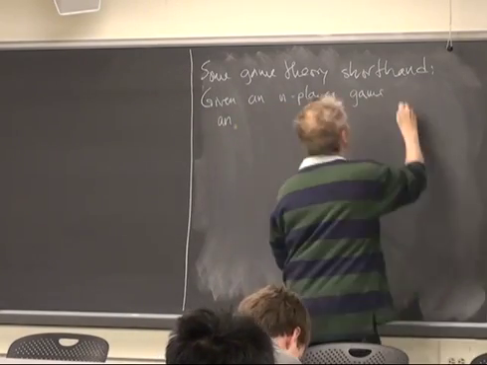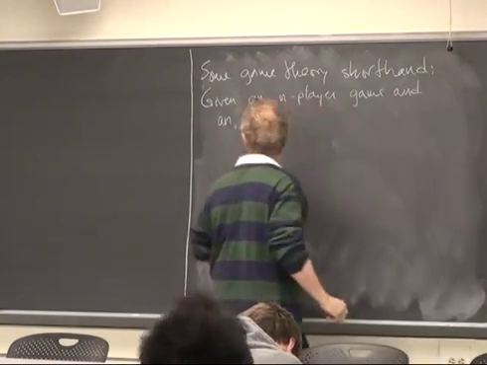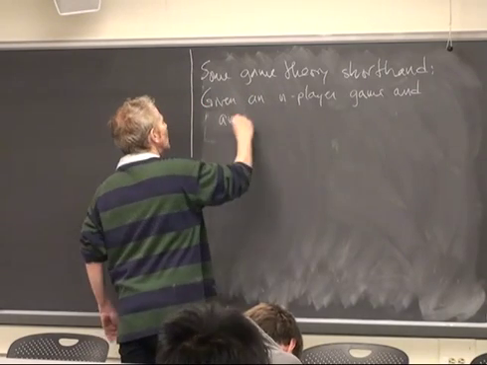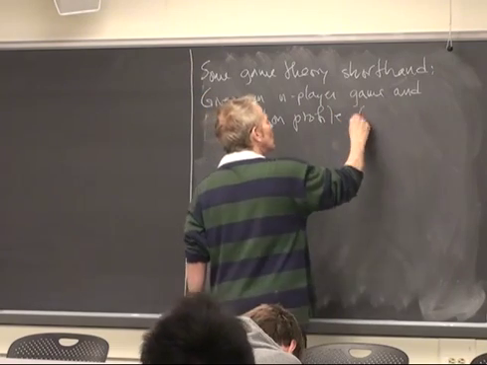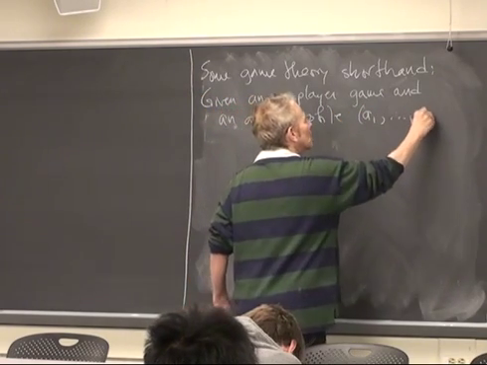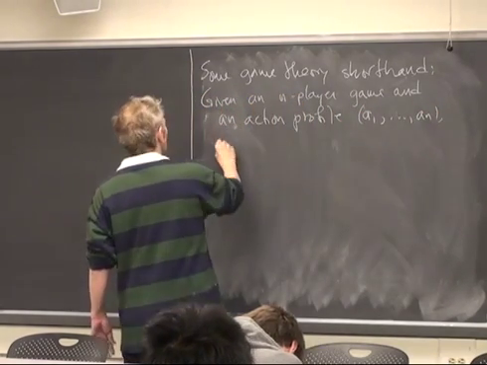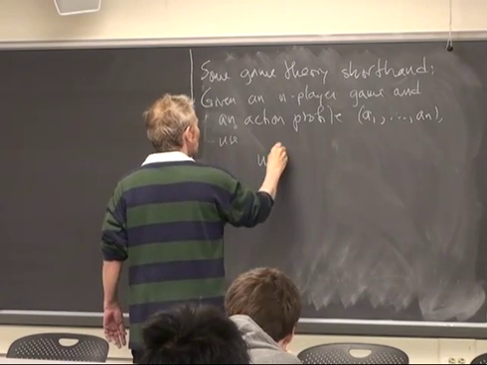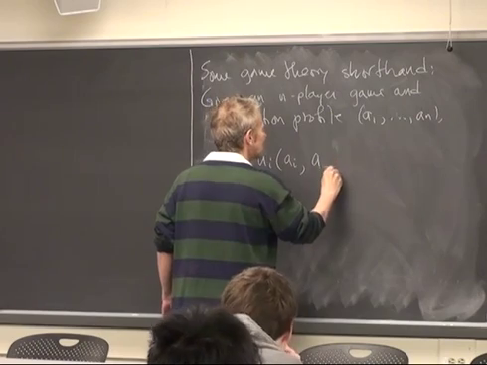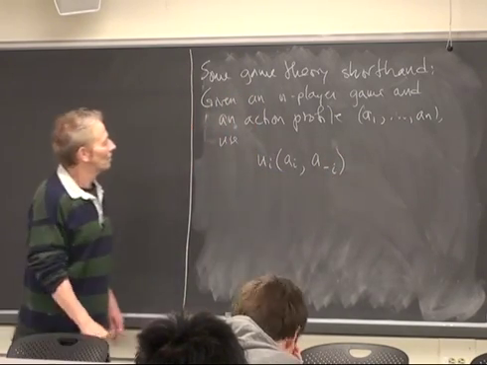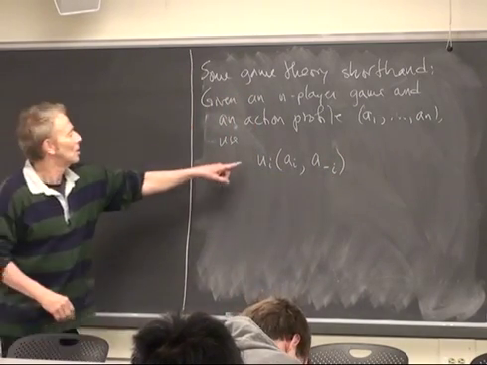Given an n-player game and an action profile, A1 through AN for the players, use this notation, U sub I of AI, comma, A sub minus I, to denote